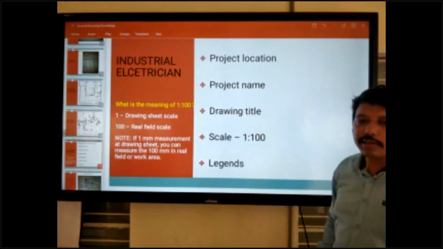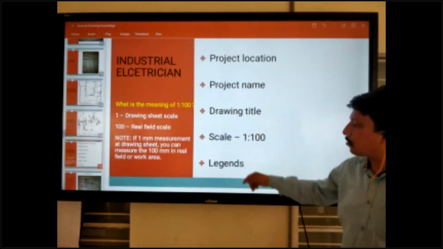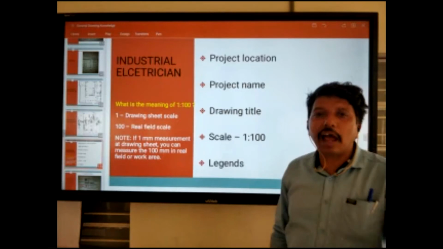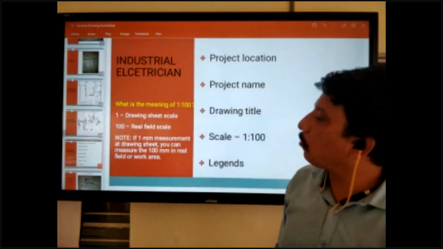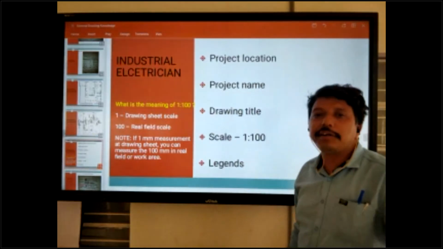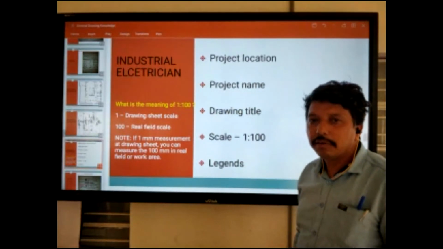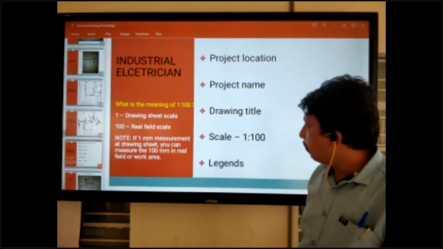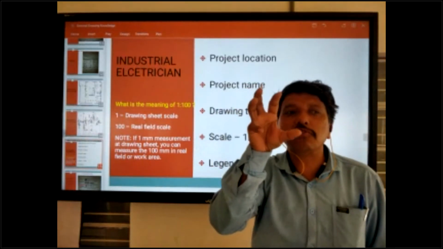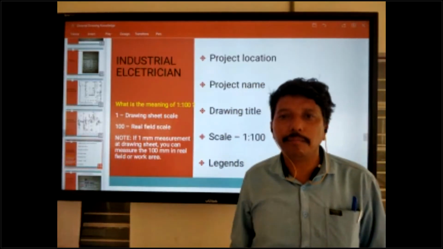And next one is legends. Legends are also important. If the drawing has some equipment you have no knowledge about, the legends give the details of this equipment. Inside the drawing, only a symbol or shortcut name is written.